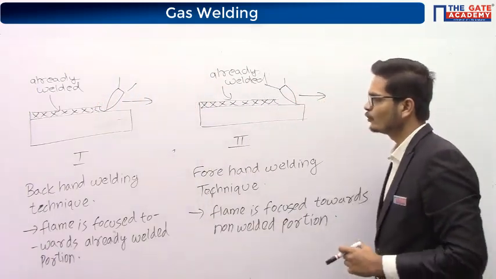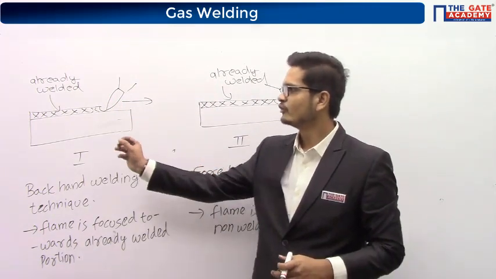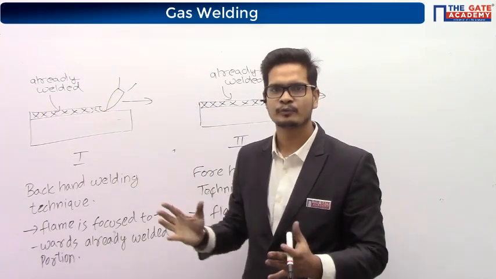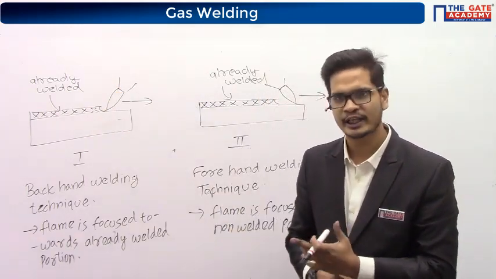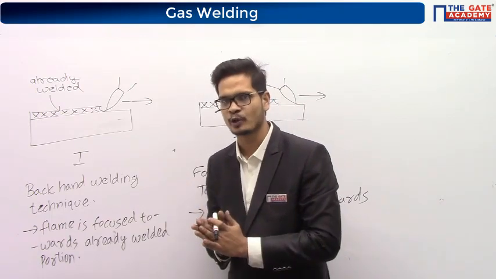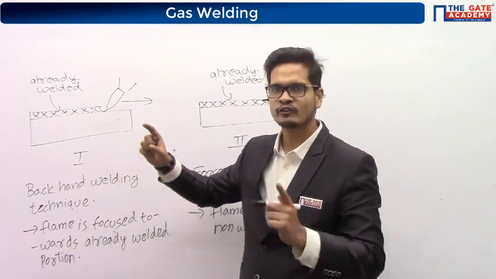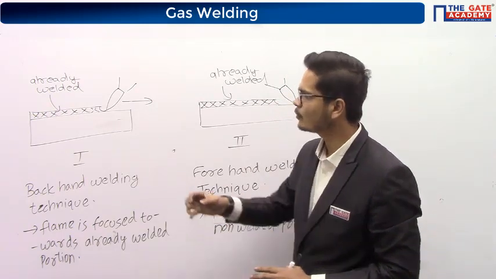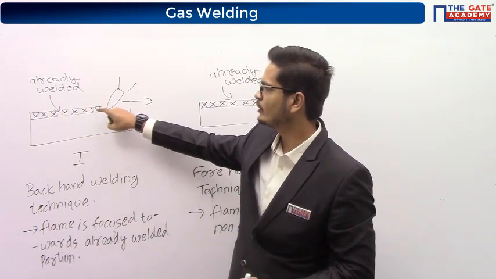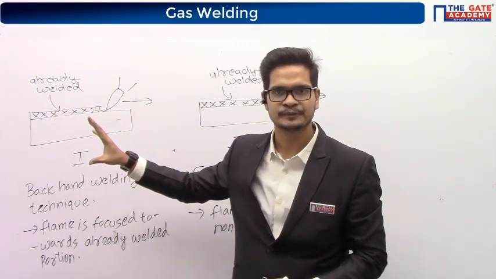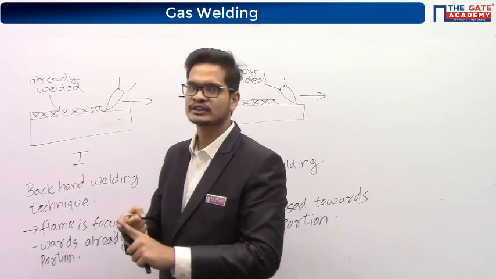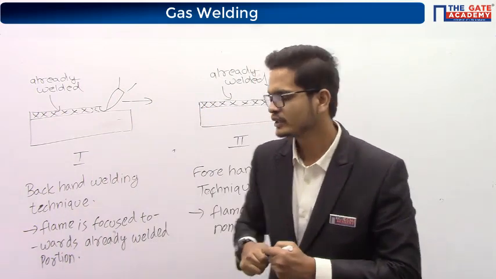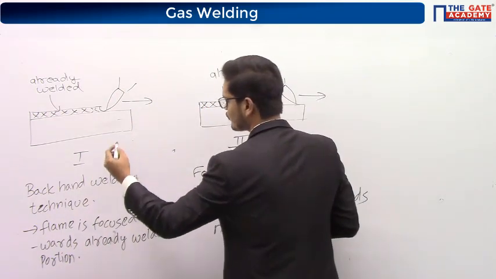Okay, I'll tell you what happens. We use flux powder. It has some properties. What are the properties of flux powder? That I'll tell you when we study flux powder. One of the main properties is to dissolve the impurities. So the flux will melt and it will dissolve the impurities. All the impurities and the burnt flux keep floating on the molten metal.